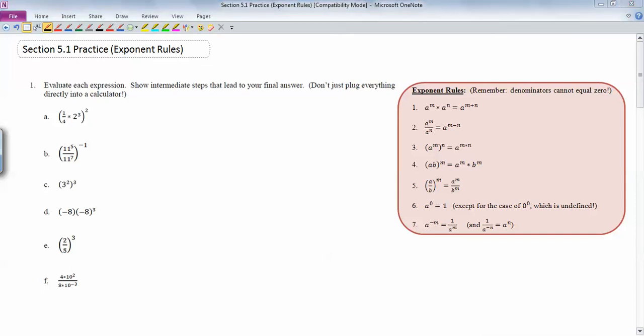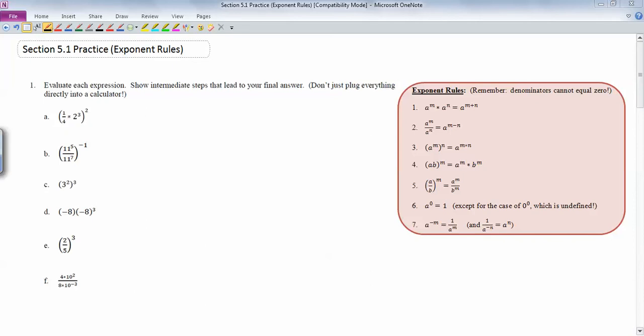Okay, so let's look at the 5-1 practice handout. And I'm going to break this up into a few different videos. So one of the things is we had all these exponent rules, so I wrote them over here on the right side in that red box to help us work our way through some of these problems. So let's just kind of approach some of these. And there's usually more than one way of doing them too, but we'll definitely come up with at least one